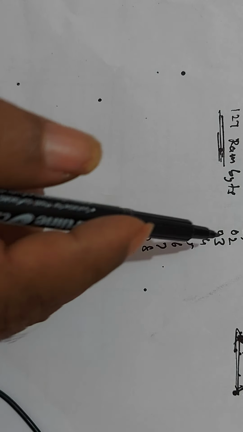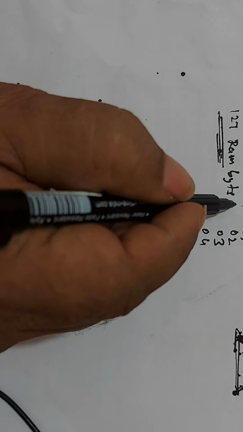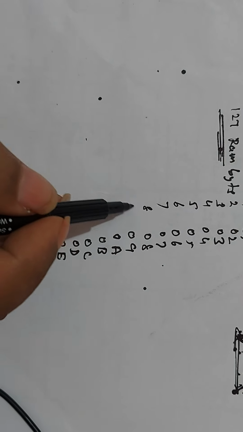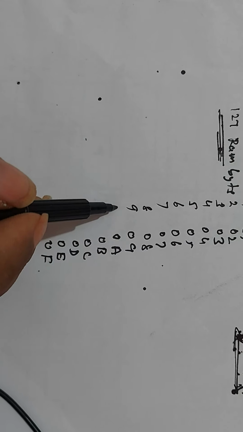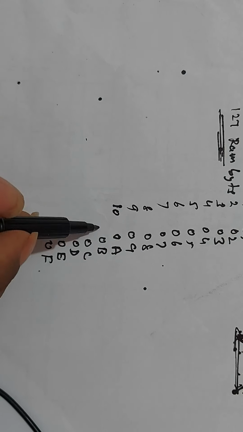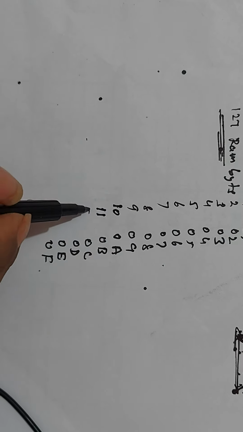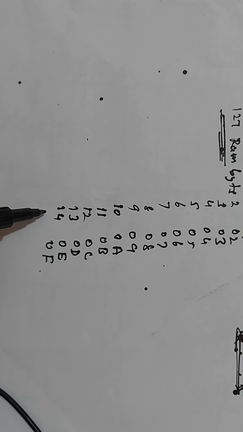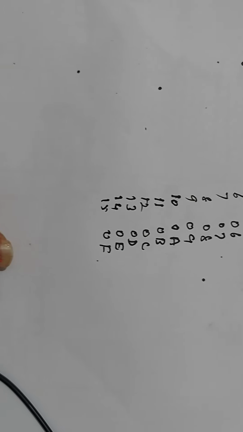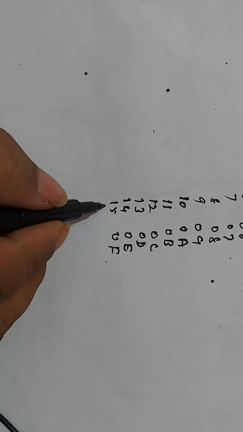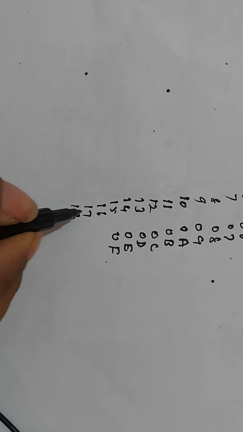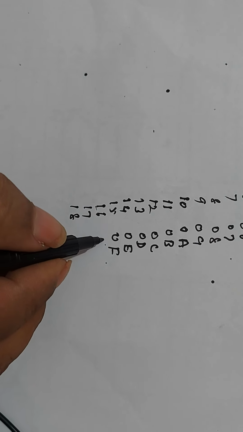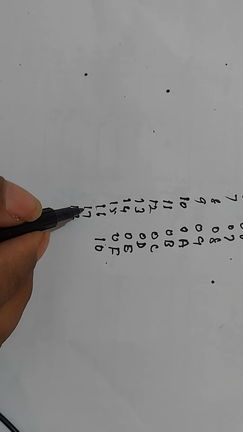In decimal numbers, you can write this as 0, 1, 2, 3, 4, 5, 6, 7, 8, 9. Instead of writing 0A, the decimal equivalent is 10. 0B is decimal equivalent 11. 0C is 12. 0D is 13. 0E is 14. 0F is 15. After 15, the decimal numbers are 16, 17, 18 and so on. How do you write 16 in hexadecimal? It is simply 10. How do you write 17 in hexadecimal?